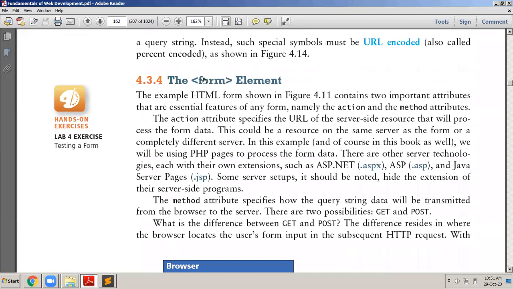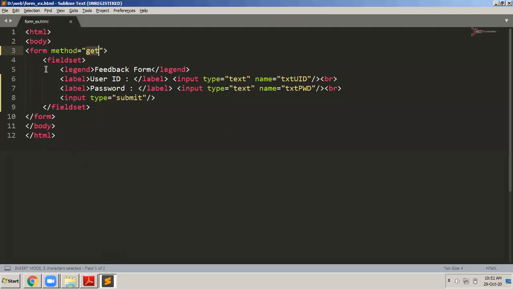Okay, let us try to understand the form element. I have already explained to you the form element should be the first element in your HTML page if you want to place a form on your web page. If you want to place a text box, a password field, a radio button, a submit button, all that, it should start with a form tag. The form tag has two attributes. One is the method and the other one is the action.